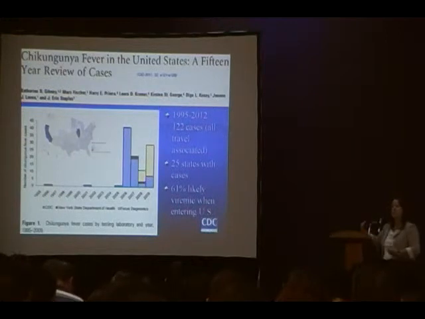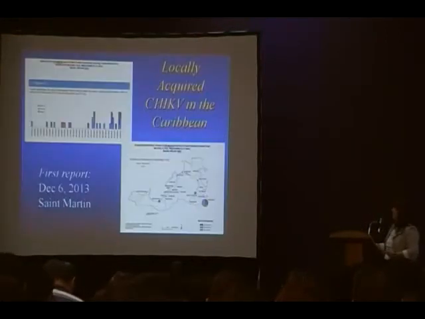So clearly the risk was going up all the time. And it finally did happen. In December of 2013, again as we heard, the virus was first detected, first reported in the Caribbean. And the reporting event actually occurred right here on December 6th from the island of St. Martin. But when they looked at samples retrospectively, they identified that the first case was probably here in mid-October. So the virus had been circulating on this island for about 3 months before there was any report of chikungunya